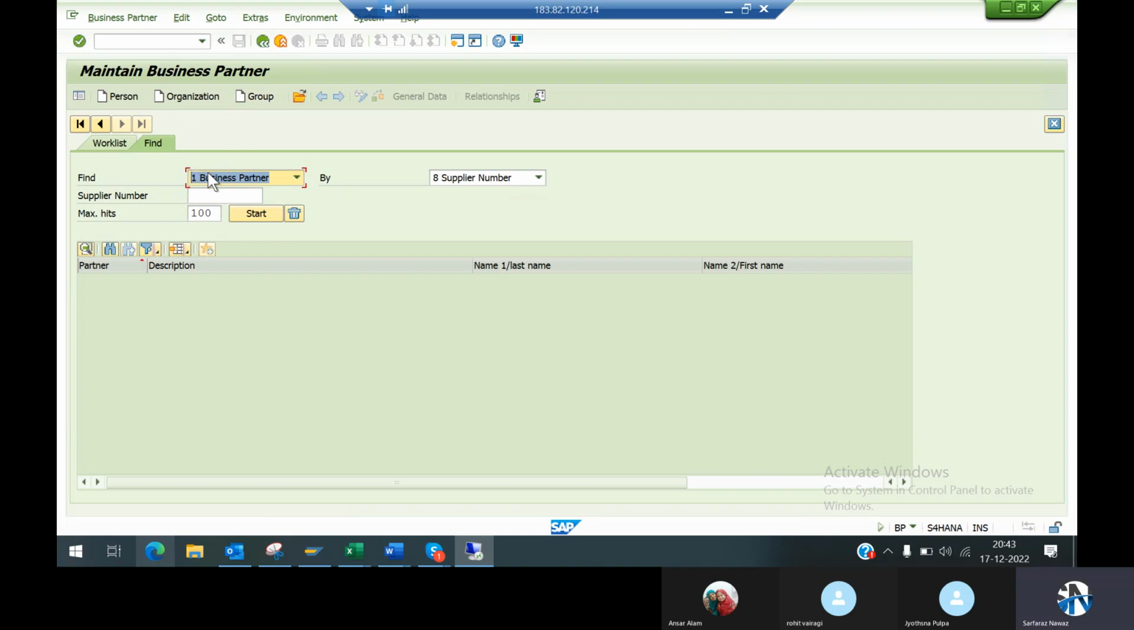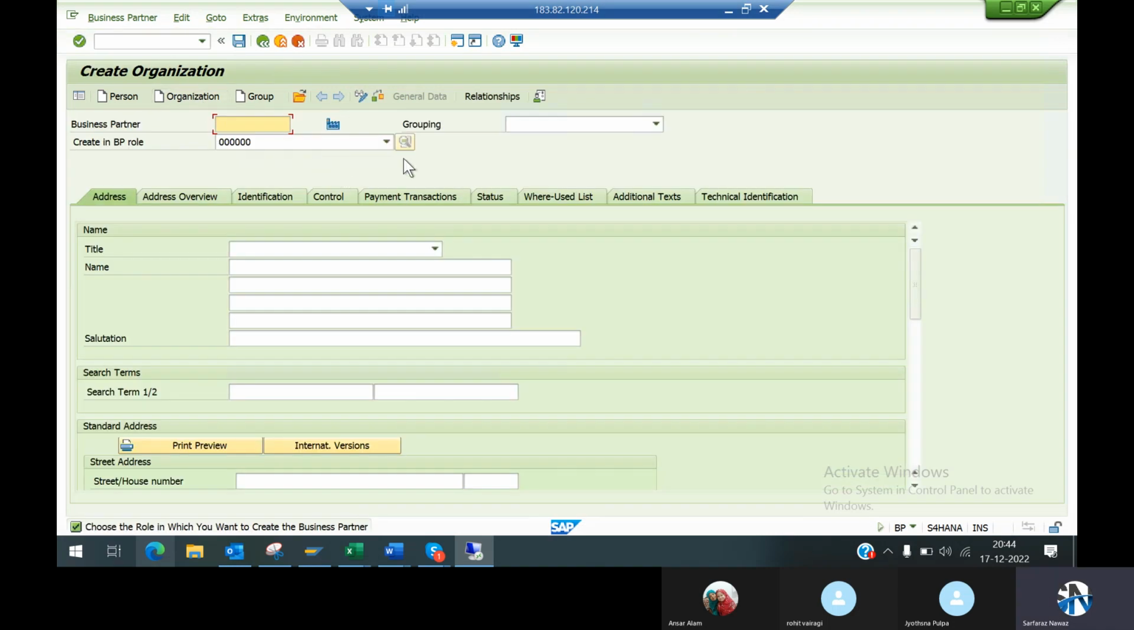So what you have to do, suppose you want to create any organization or any vendor, then first of all you need to create the role. So totally, vendor and customer has been clubbed into a particular role. So going forward,